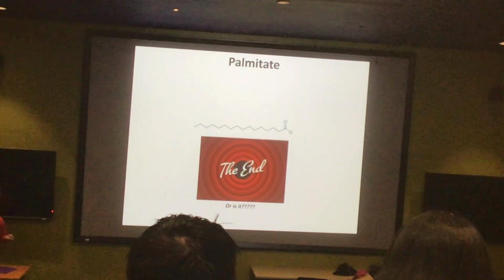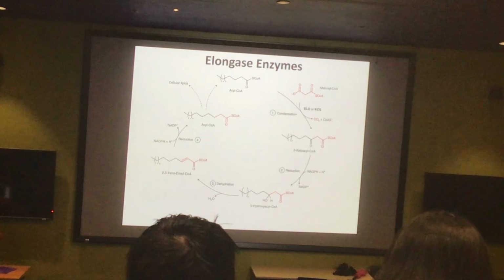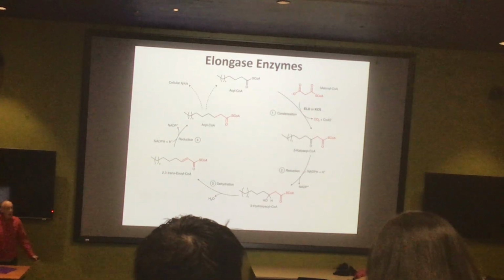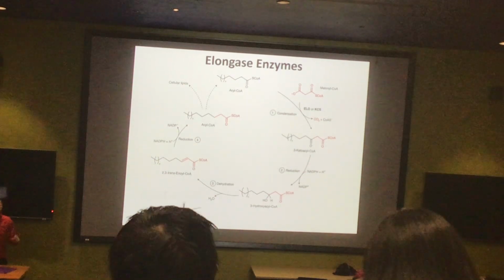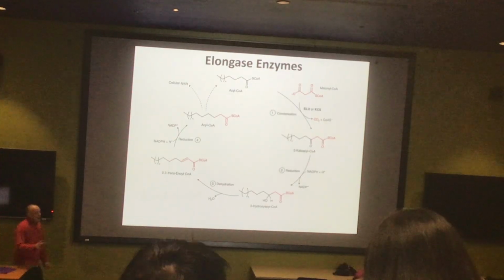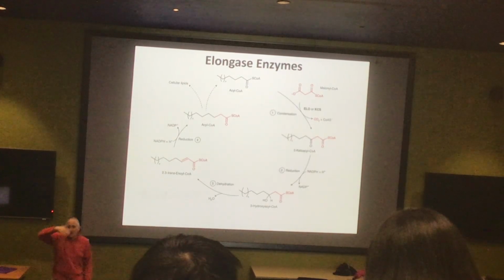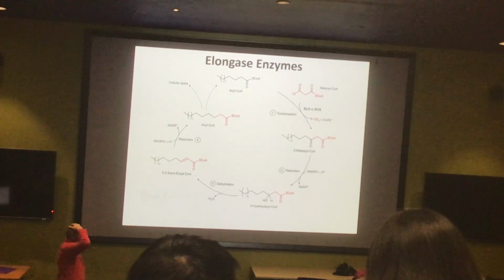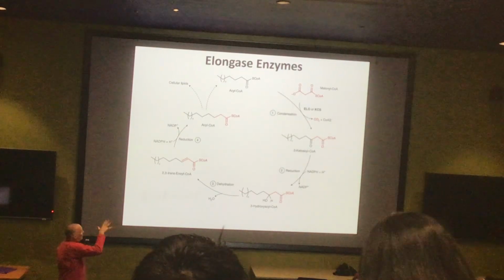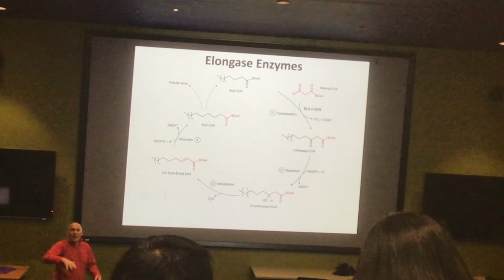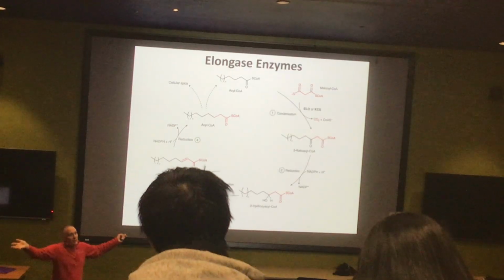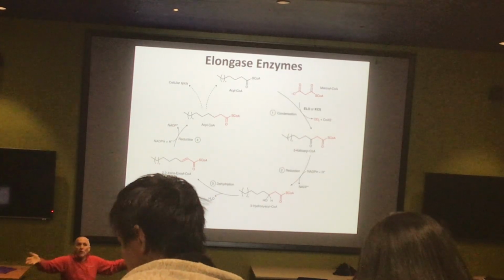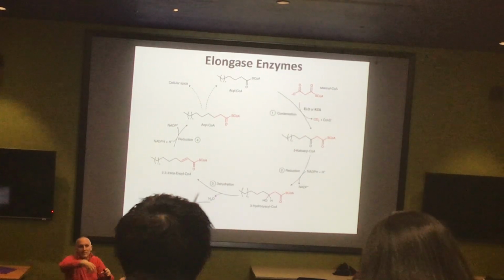Because this is not necessarily the largest lipid you need to make. It is, on the other hand, the largest lipid that this particular enzyme complex can make. But it turns out that there are cases where you need 18, 20, 22s, and 24s. Those are made by enzymes that do the exact same chemistry, they just have a bigger active site, right? For making anything longer, you need a larger active site, but all of those domains can be replaced.